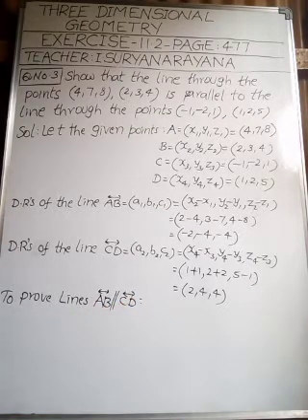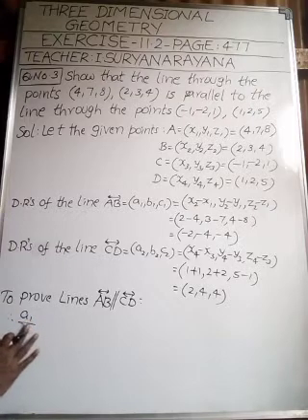Here we have to prove that these two lines are parallel. Do you remember that point, my children? When the two lines are parallel to each other, if the direction ratios of the two lines are given, A1 by A2 is equal to B1 by B2 is equal to C1 by C2. If this condition is satisfied by the two lines, then the two lines are said to be parallel to each other. Therefore, let us find